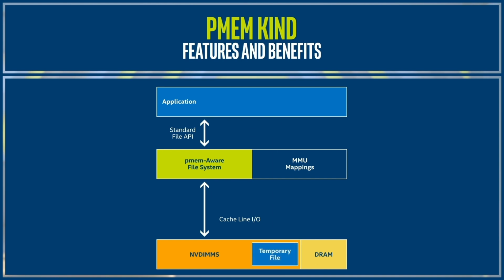Under the hood, the pMemkind is actually a temporary file on a DAX-enabled file system. This file is memory mapped onto the application's virtual address space. JEmalloc then uses this address space to allocate objects, and the file is automatically deleted when the program terminates, giving the perception of volatility. Using Memkind for managing data on persistent memory devices is easy thanks to the API calls made specifically for the pMemkind.